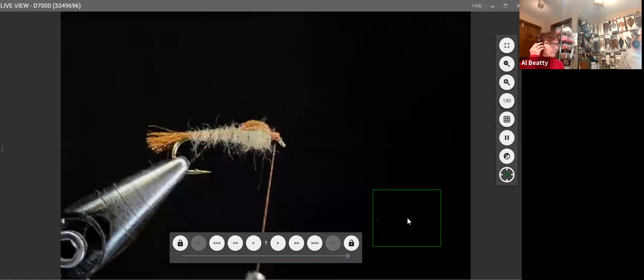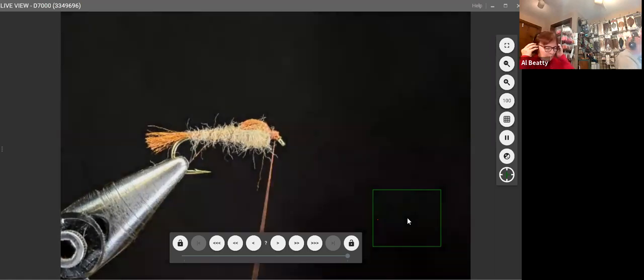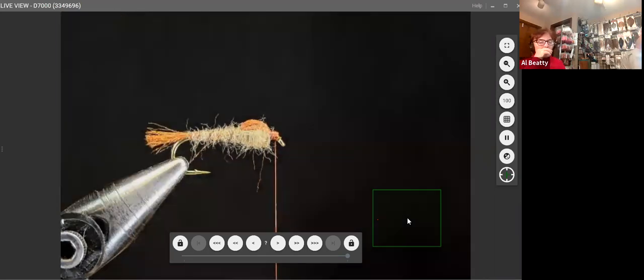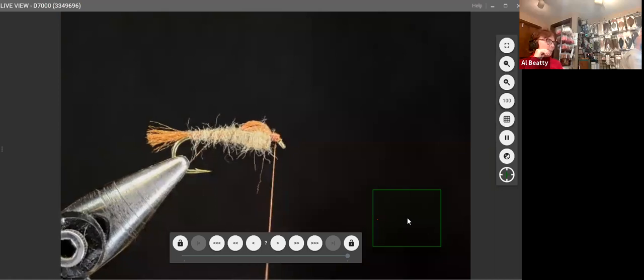Okay, now one of the things we're going to talk about on our whip finish, there's good whip finishes and bad whip finishes. And in fact, we wrote an article for Fly Tyer magazine about that in the recent past. And I'm going to put on a bad one first, and it's going to be kind of hard to explain. You may not be able to see, but Gretchen, maybe you'll, if you'll move these pictures aside,